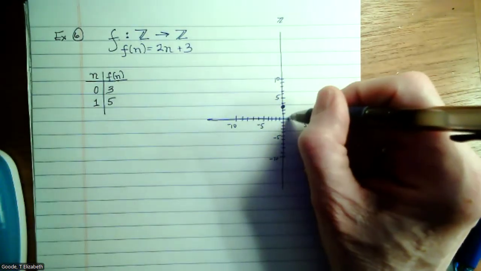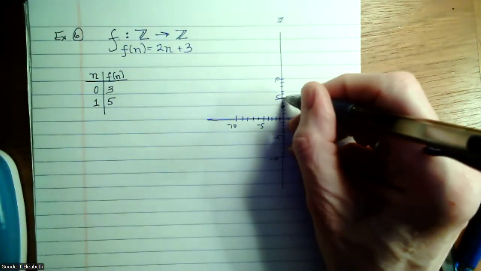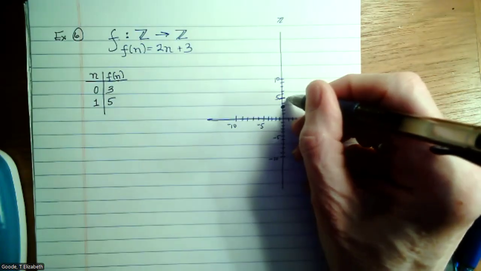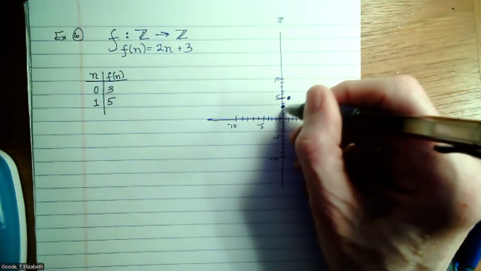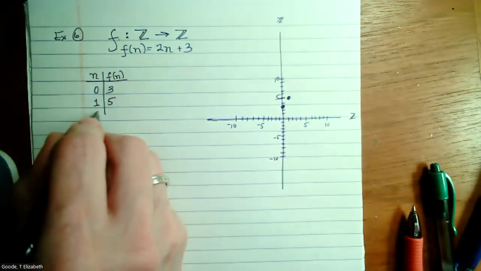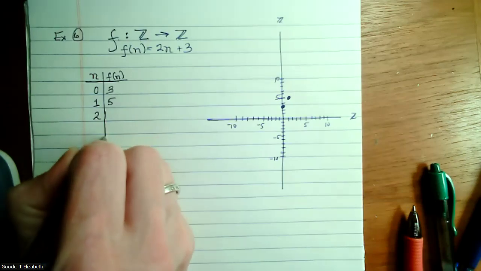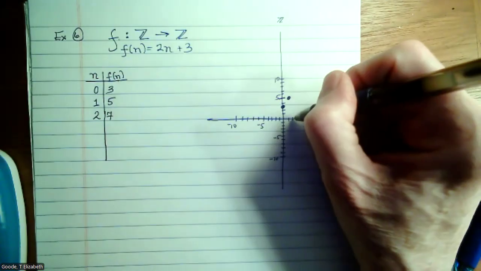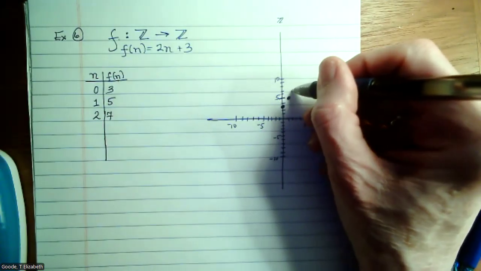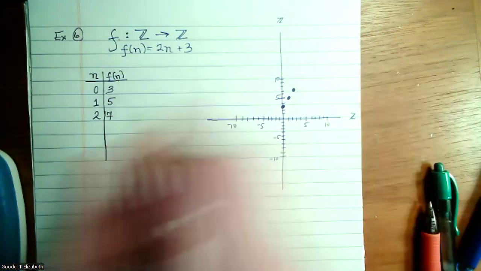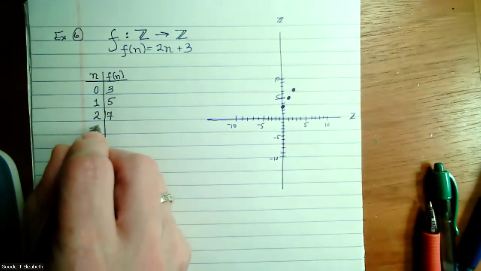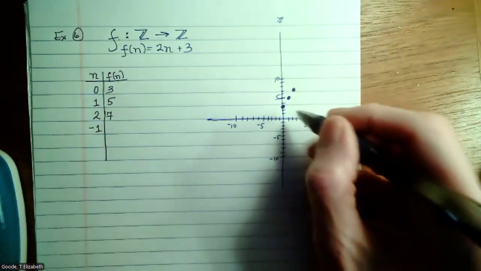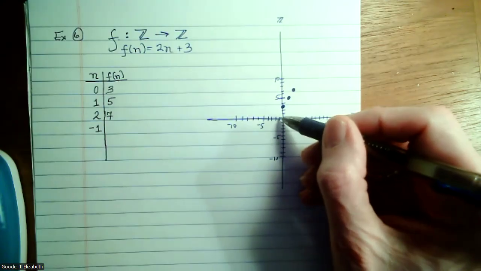Okay, so when n is 1, we're up to 5. But see, there's a big gap in there. All right, when n is 2, what is f of n? 7. All right, so 2 up to 7. You see what's going on? And when n is -1, what is